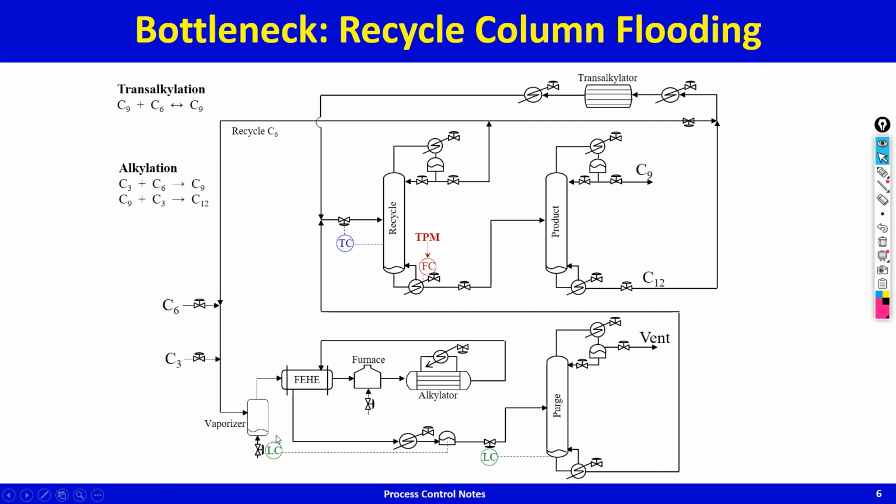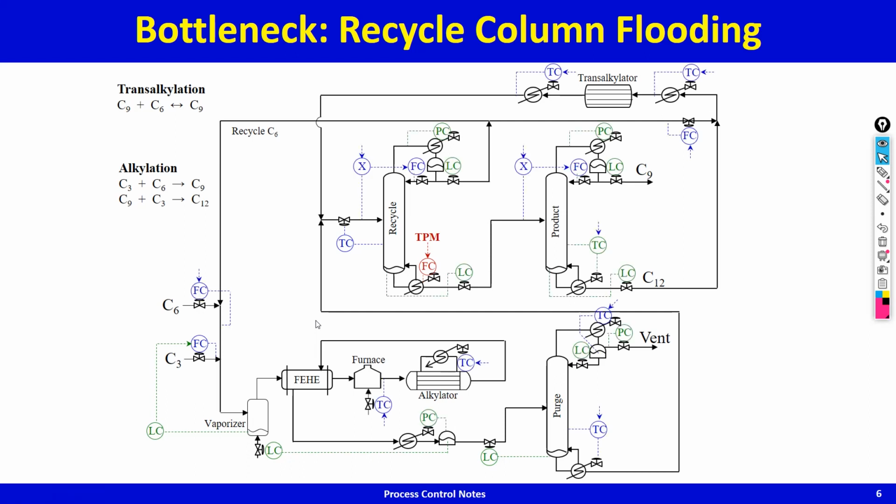This will work. Now that the vaporizer level cannot be controlled this way, how do you control the vaporizer level? By feeding in more C3 and C6. How does that happen? That happens this way. And of course, C6 is in ratio, or the total flow, it will typically be in ratio. Everything else is the same. You have recycle column temperature being adjusted by the C9 impurity controller. Reflux to feed ratio on the product column being controlled by the C12 impurity controller.